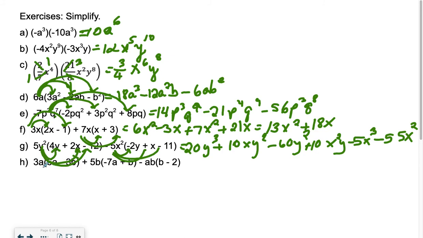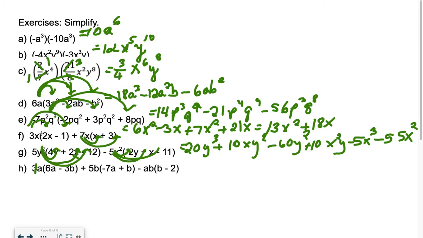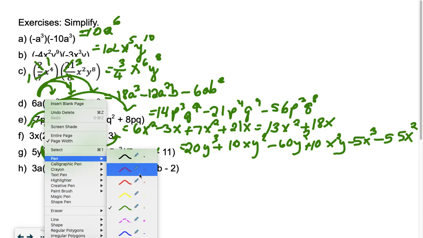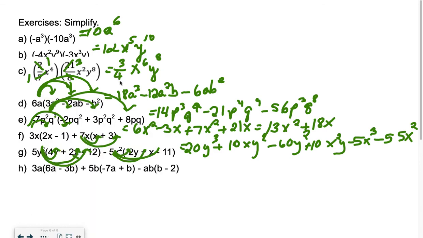Last one, and I'm just going to move this down slightly just so you can see the numbers. So let me just grab that and I'll move it down. Okay, so here you have another distribution. It's actually three distributions. So you're going to have 18a squared minus 9ab